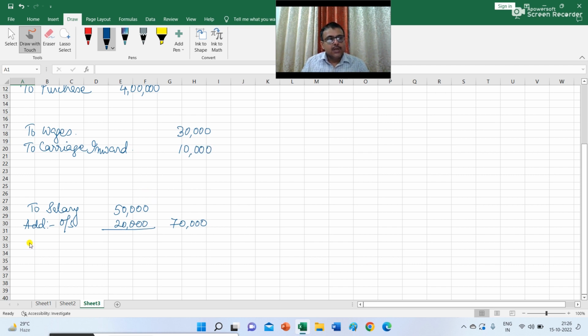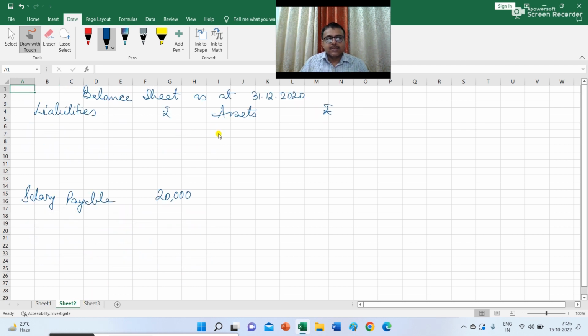Next item is insurance. So insurance is a part of your profit and loss account and there is a prepaid insurance of rupees 3,000. So I have to record it here. So to insurance 15,000 less prepaid 3,000. So in the outer column you have to record 12,000 and on the asset side you have to record prepaid insurance